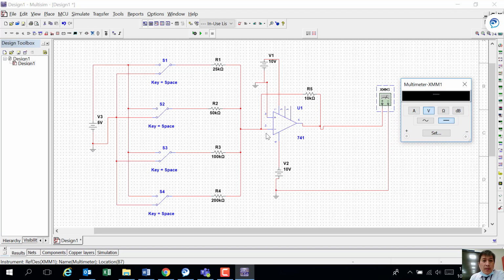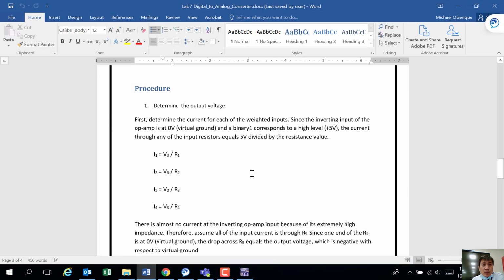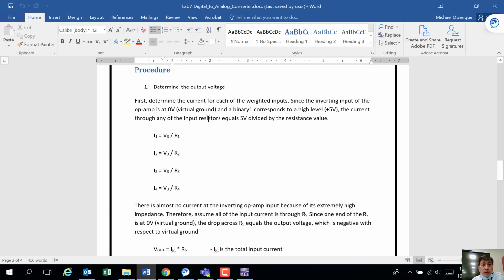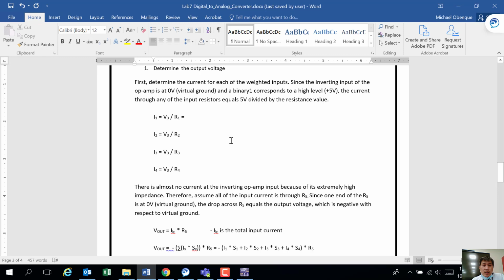All right, I think we are good to go and we can do some simulation. But before that, let us go back to the manual and read the manual procedure. First, you need to determine the output voltage. We already know that the voltage V3 is equal to